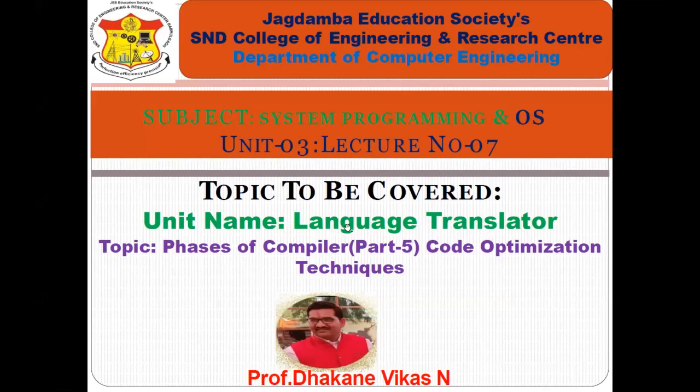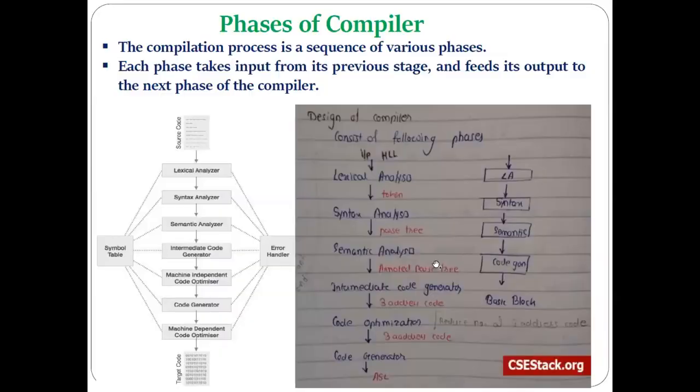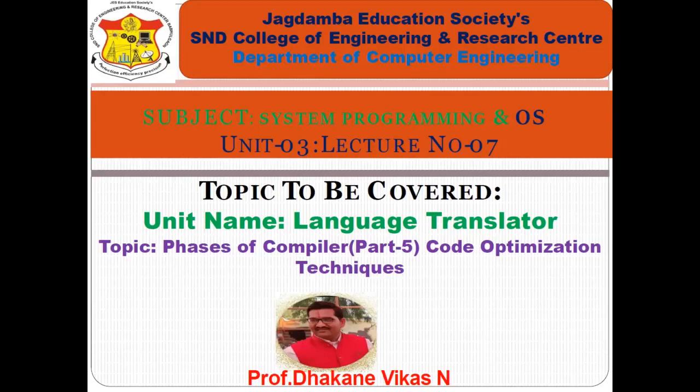Now last time we discussed the fourth phase of the compiler, that was the intermediate code generation, and in that we already saw what exactly the intermediate code is and the different types of intermediate code. One of the types, the three address code, we discussed in detail, and also its representation. Okay, so today we are going to discuss the next phase of the compiler, that is the code optimization